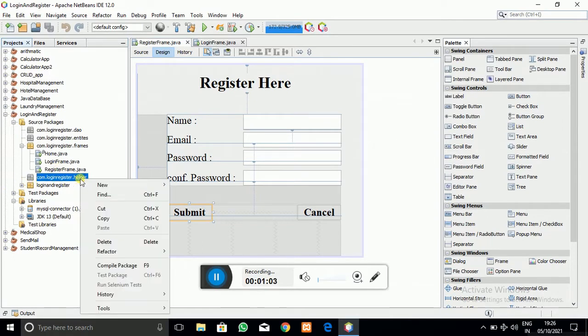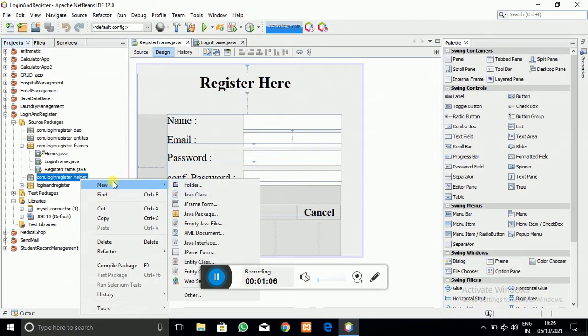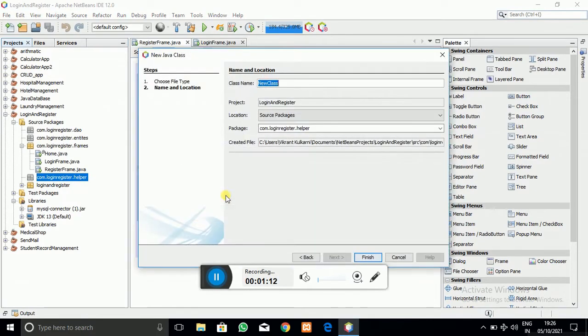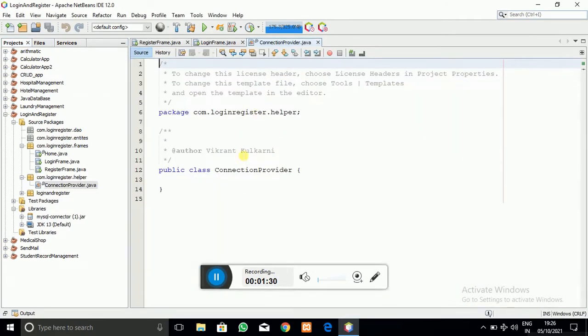Just right click on that package and click on New Java Class. I am going to create that new Java class, and the class name should be ConnectionProvider, that I am going to write here. Just click on the Finish button, and here you can see the class will be created. In that class, first of all let me import the Java SQL package, which is going to be used for the connection to the database. So let me write import java.sql.*;